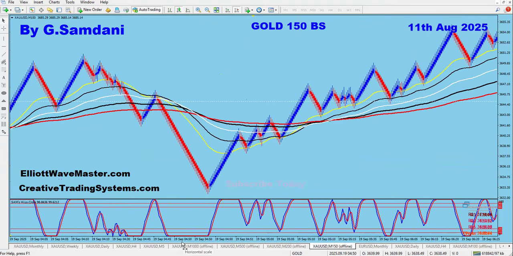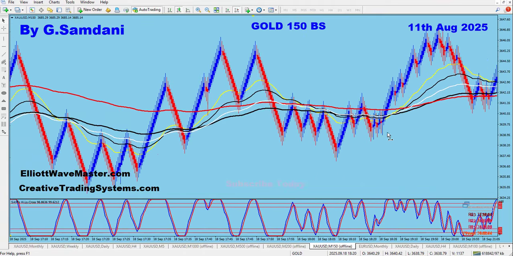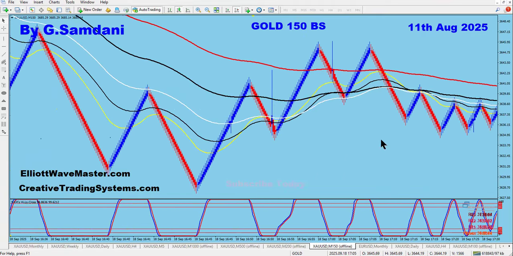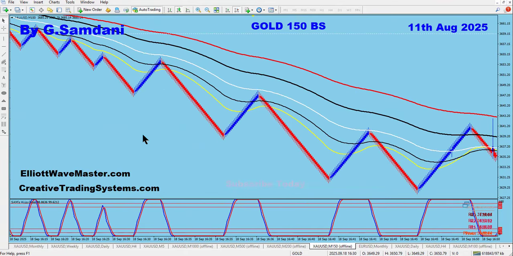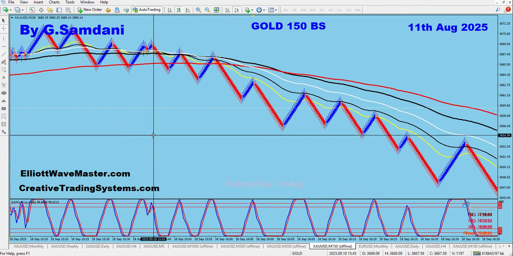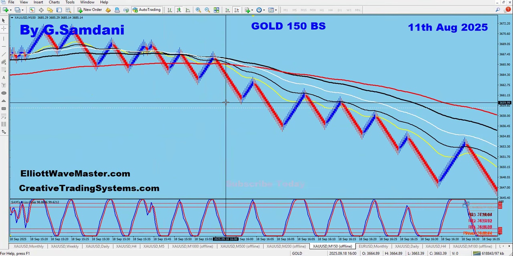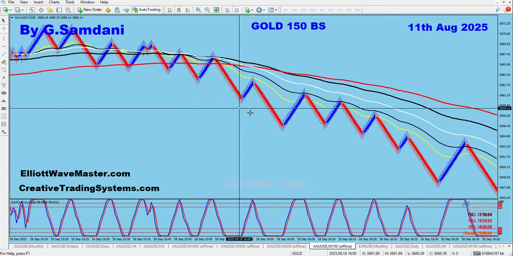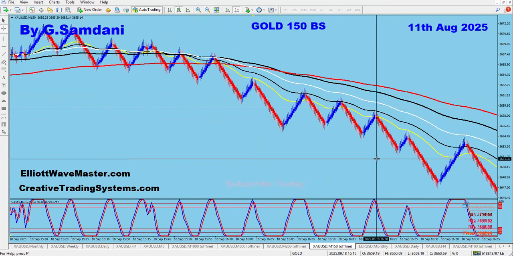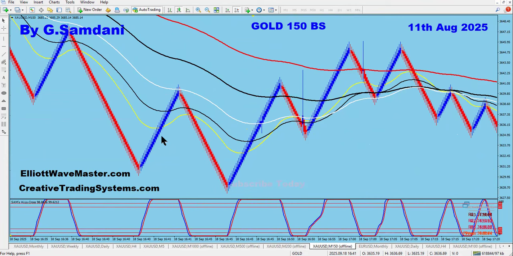9:18, 1600 hour. Yeah, right there. Don't you see the entries? How many entries we have? This was actually the entry. This is the entry. This is the entry. This is the entry. All of these were entries, and then boom, boom, it came down big time, right? So that's what happened. Simple as that.